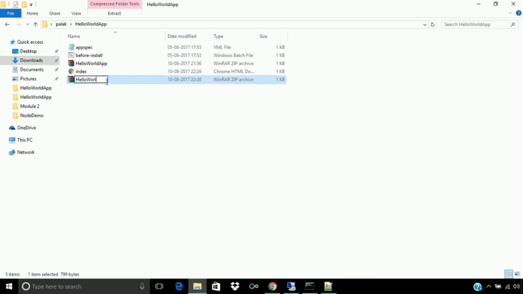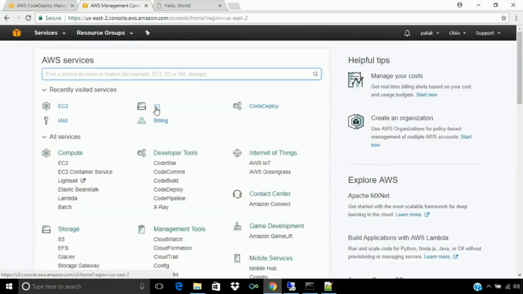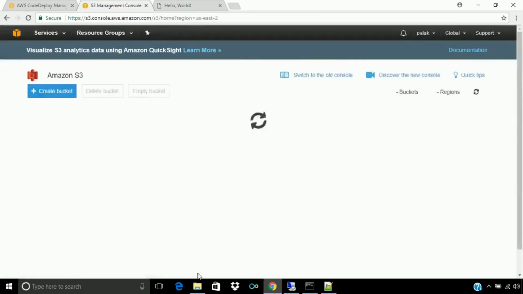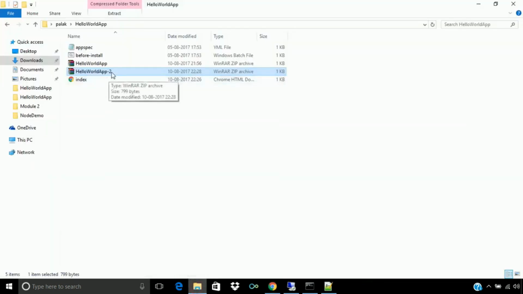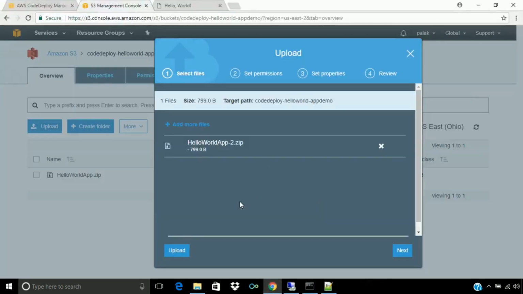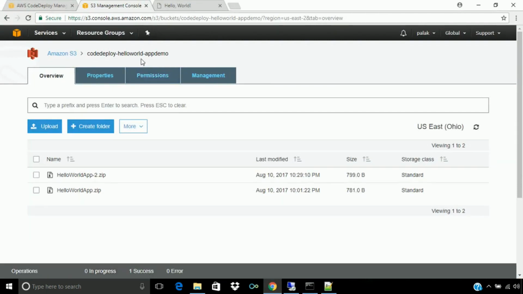Let's give the name hello world app 2, and now let's navigate to our S3 and let's upload that file in our bucket. So let's drag this file and paste it here. Let's upload this file in this bucket in which we have created our first revision also.